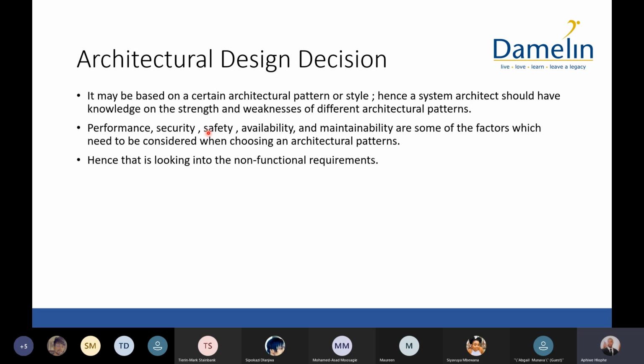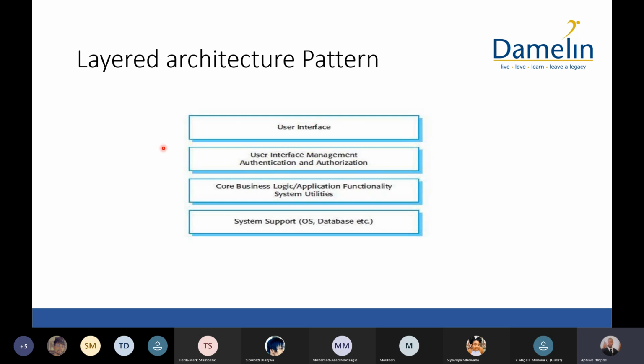Okay, so the point I'm trying to make here is that functional requirements don't play such a huge role in deciding the architecture that you choose. It's more based on the non-functional requirements of the system. Hence, looking into the non-functional requirements ties into the second point. So we're going to talk about the first